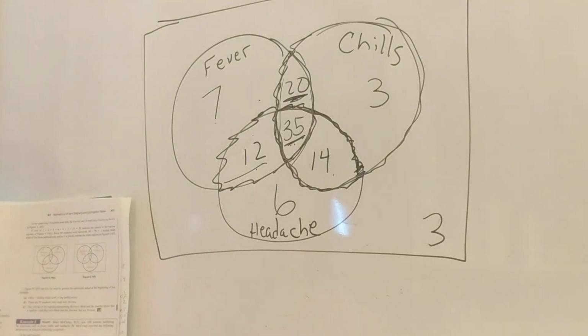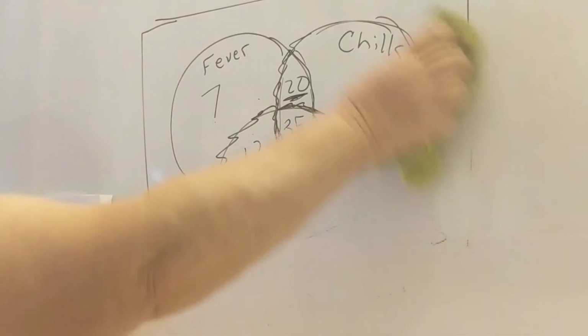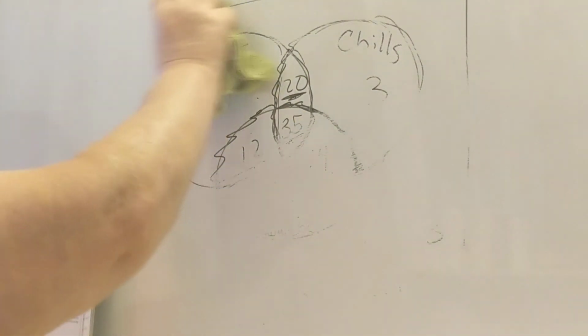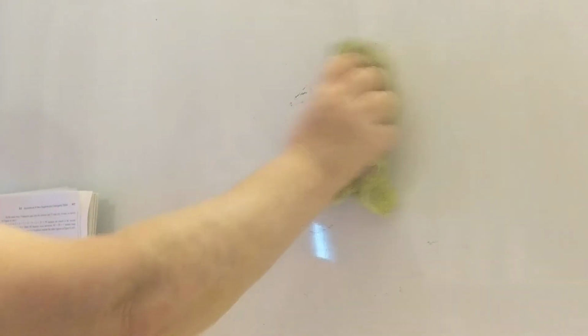All right. One more thing. We're going to look at what's called a contingency table. All that is a chart. I'm going to make up one very quickly. Let's say this chart